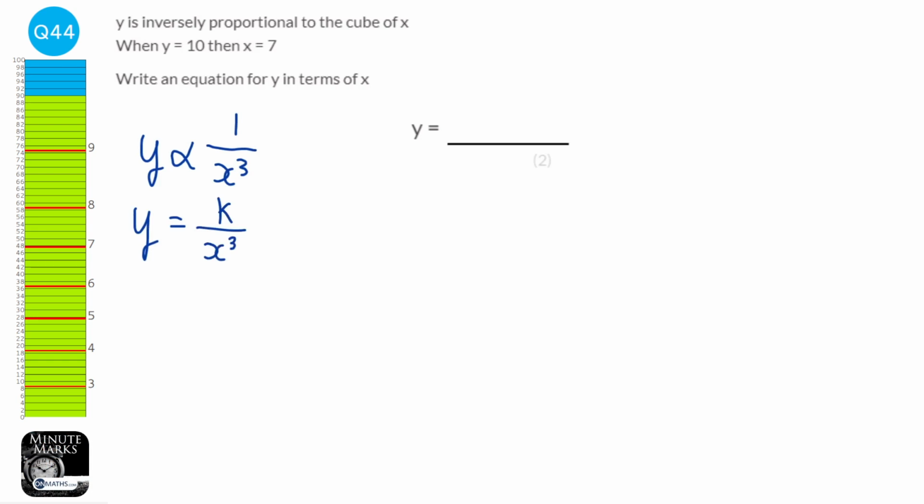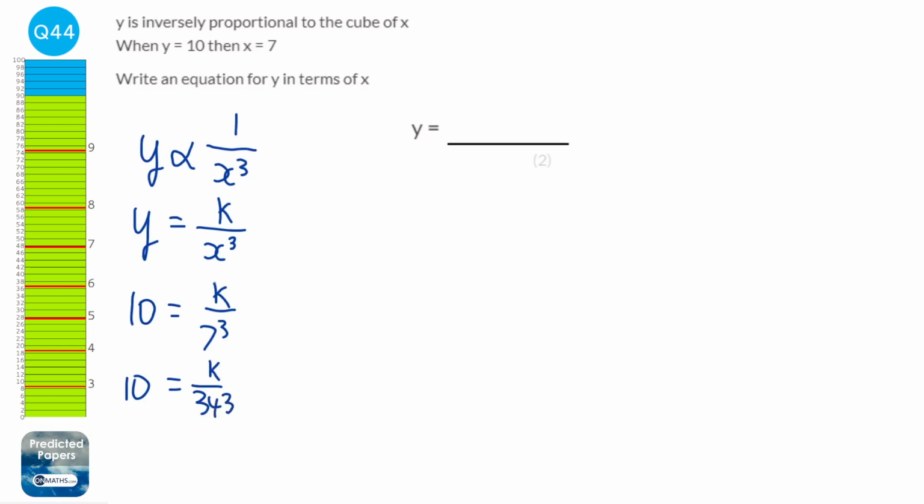Okay, now we need an instance where we know what y is when x is something, and here we do have that. So we've got y is 10 and x is 7. So we're going to feed those numbers into the equation that we've made. So it's going to be 10 equals k over 7 cubed, or 10 equals k over